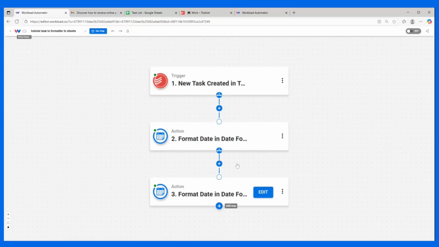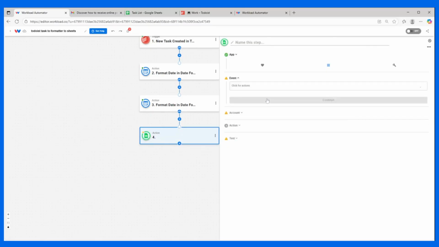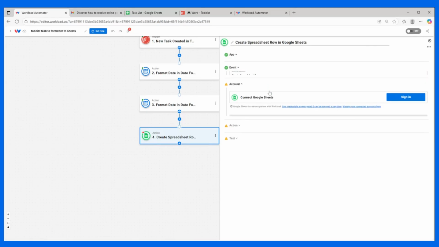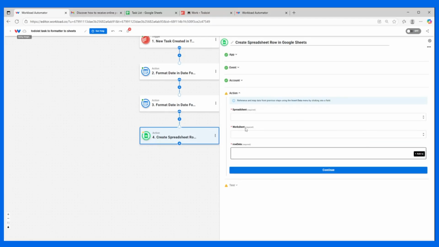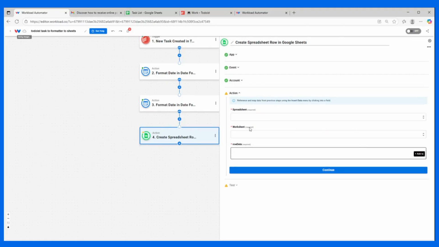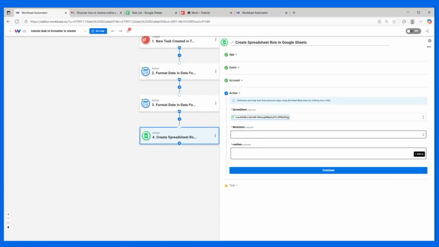So now I'm ready to add this to my spreadsheet. So I'm going to select Google Sheets. The event is going to be to create a spreadsheet row. I'm already sharing all of these folders with Workload, including my task list, which is the one I want to update. So I'm going to find that spreadsheet, task list,